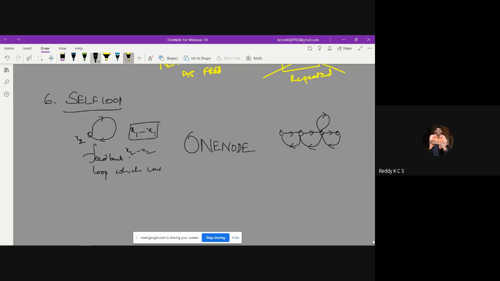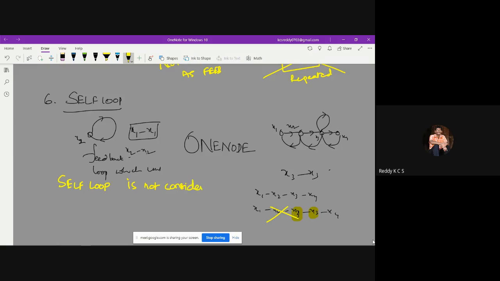So here, if you look at x1, x2, then this is x3 and this is say x4. So x3 to x3 means this loop is coming like this. So x3 to x3 is called a self loop. But while writing the forward path, you should not write x1, x2, x3, x4 as one path, and similarly x1, x2, x3, once again x3 and x4. This is not called a forward path because this x3 is repeating twice. So this is not called a forward path. So self loop is not considered.